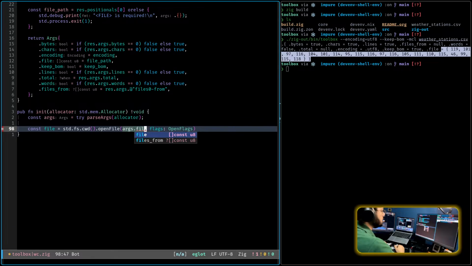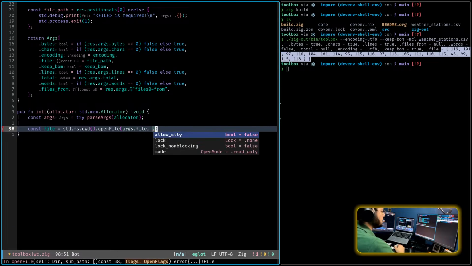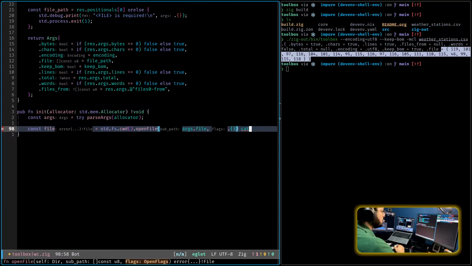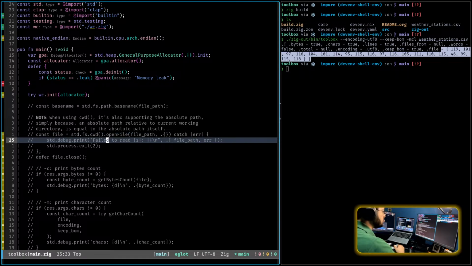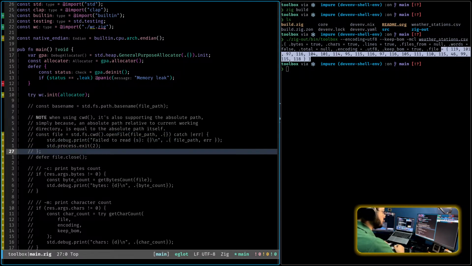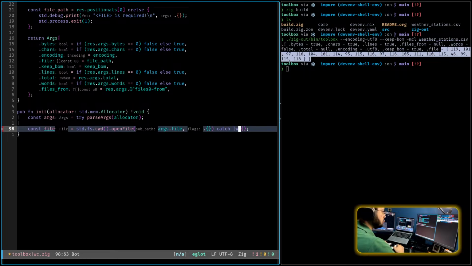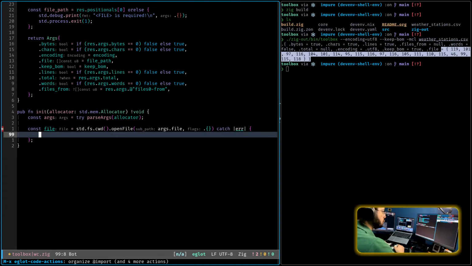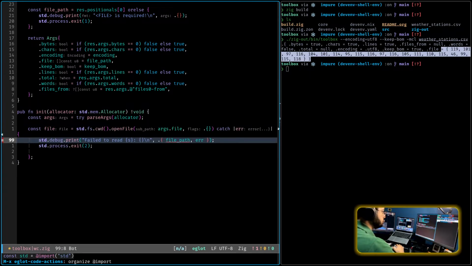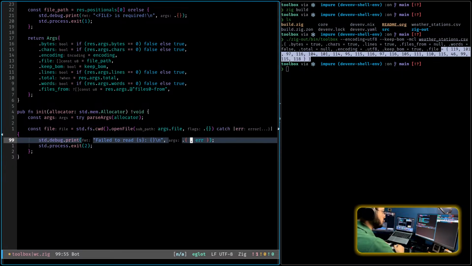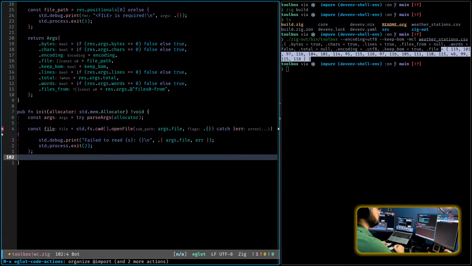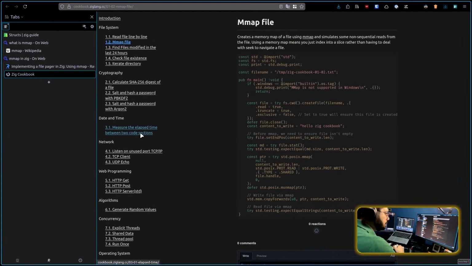Parse dot file. And then I'll catch error. And then down here,